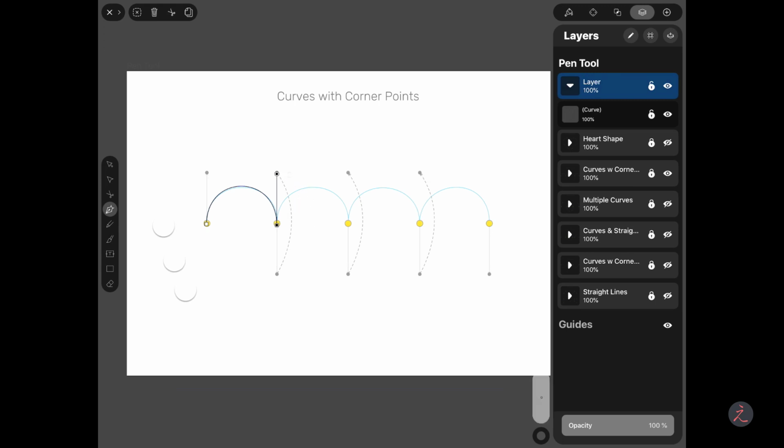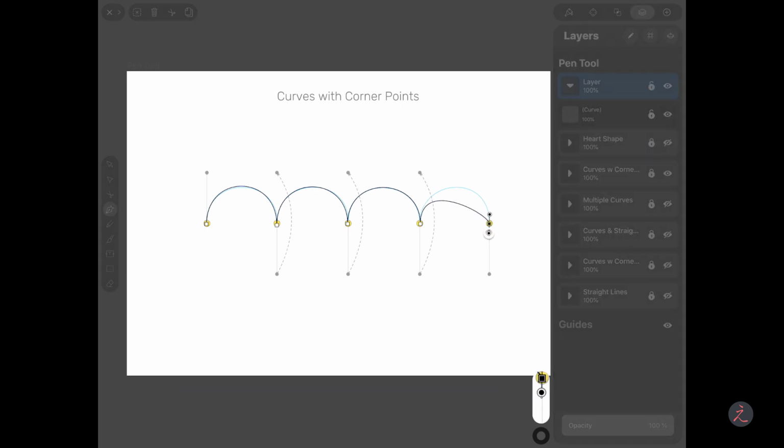Release that, tap and drag, tap 3 fingers on the canvas to enable 45 degrees. As you can see, again, I'm using only one directional handle. Tap and drag to continue building this curve. Tap 3 fingers on the canvas and continue this process for creating a curved path as such.